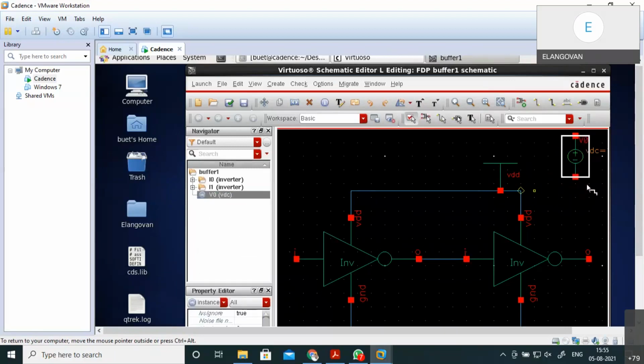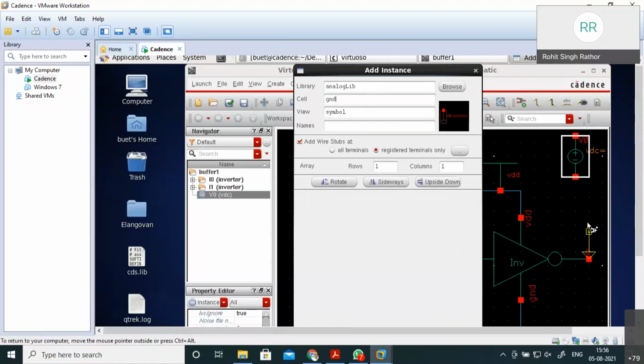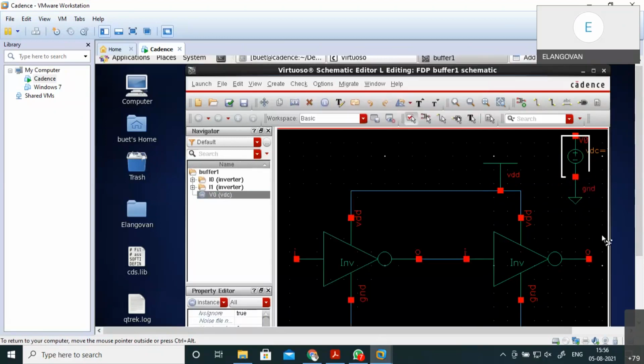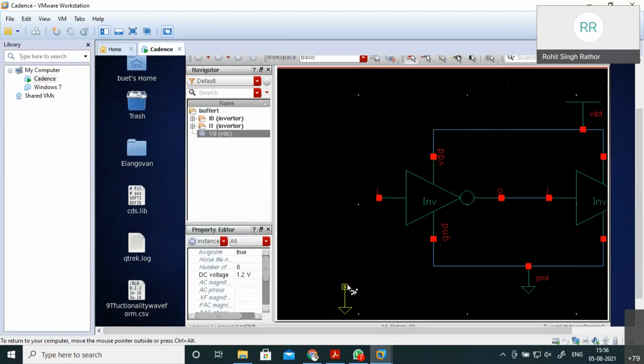Next here. Instantiate. Ground value. So I'm taking the ground symbol. Now we can go.